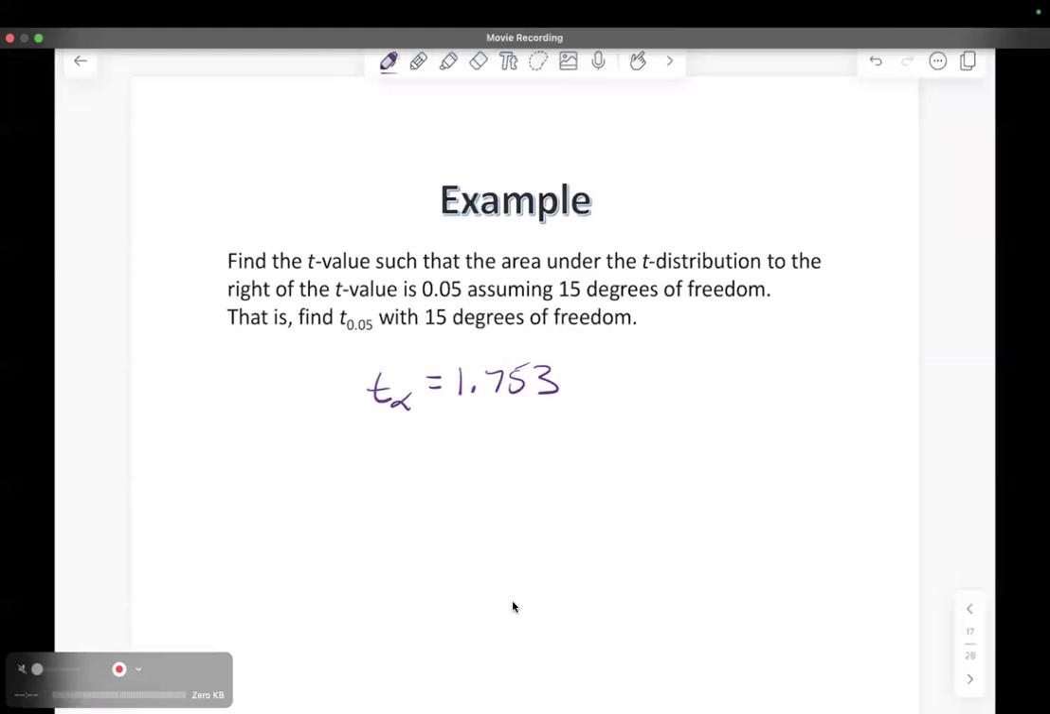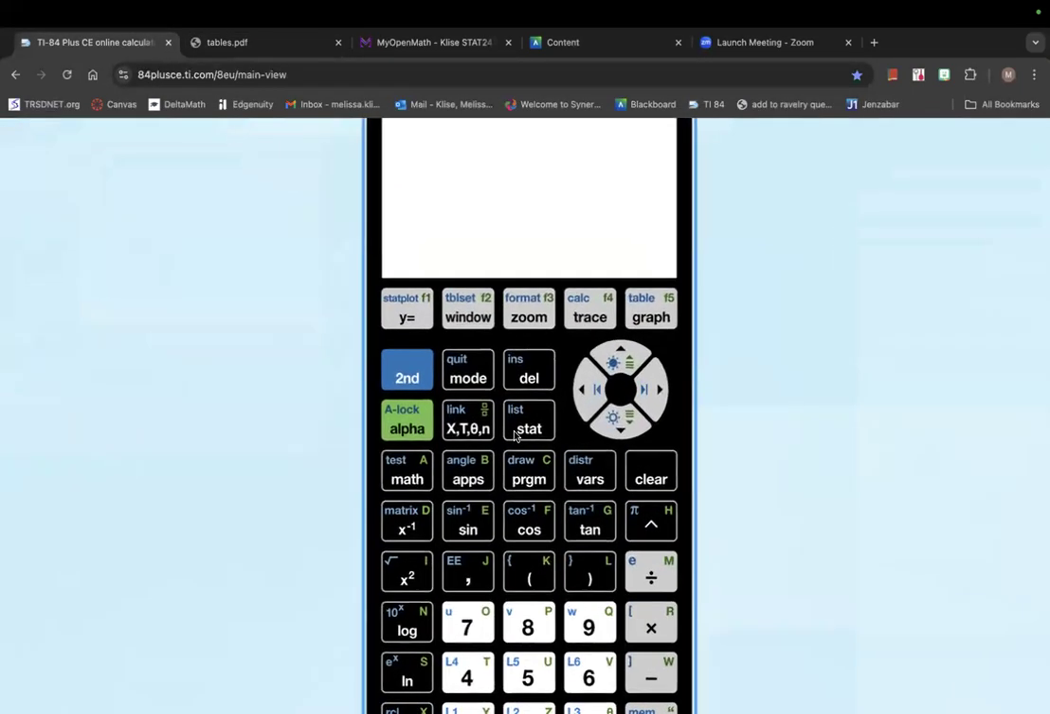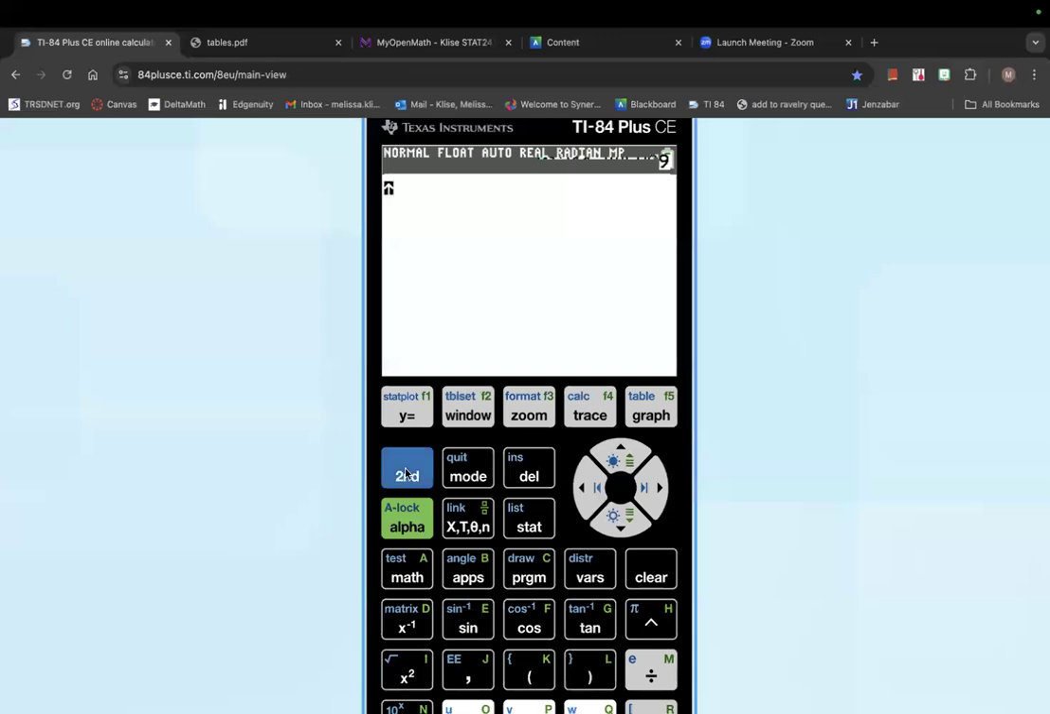Questions on finding the T values? Okay, I'm going to show you a nice, easier way to do this. That's not where I want to be. So if you're in your fancy schmancy calculator, if you do second vars, number 4 is inverse t. This is kind of like the other inverse norm. So if it gives me an area of 0.05, which is just what we just had, with 15 degrees of freedom,